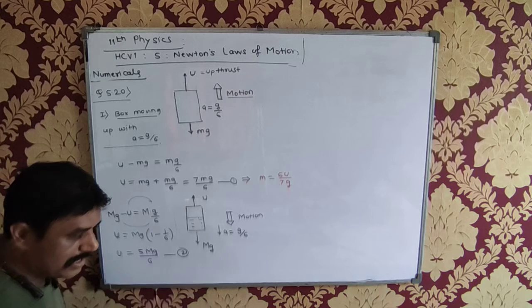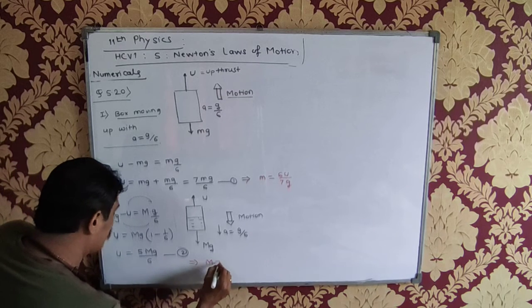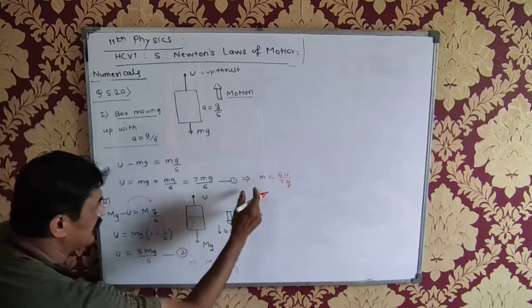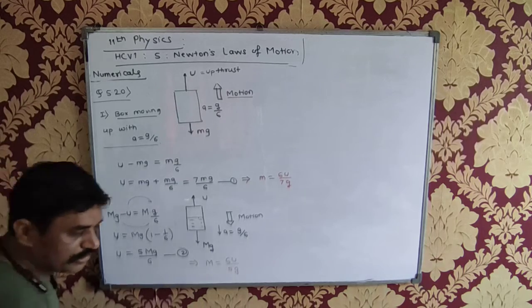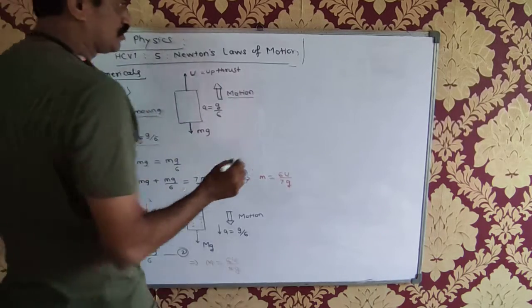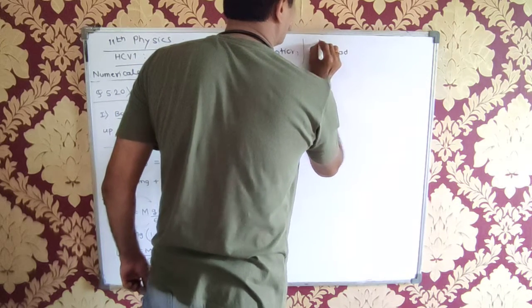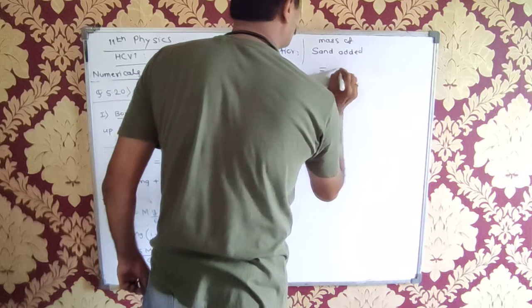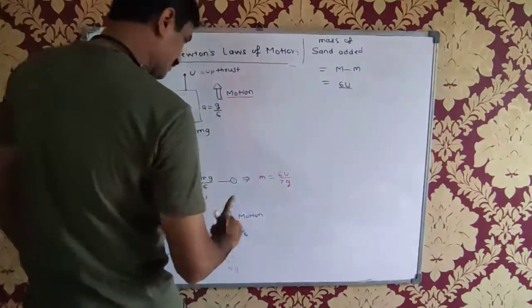Isn't it? And यहाँ से मुझे मिलेगा कैपिटल M is equal to 6u upon 5g. Correct? And the difference is equal to, so mass of the sand added is equal to capital M minus small m. So 6u upon 7g